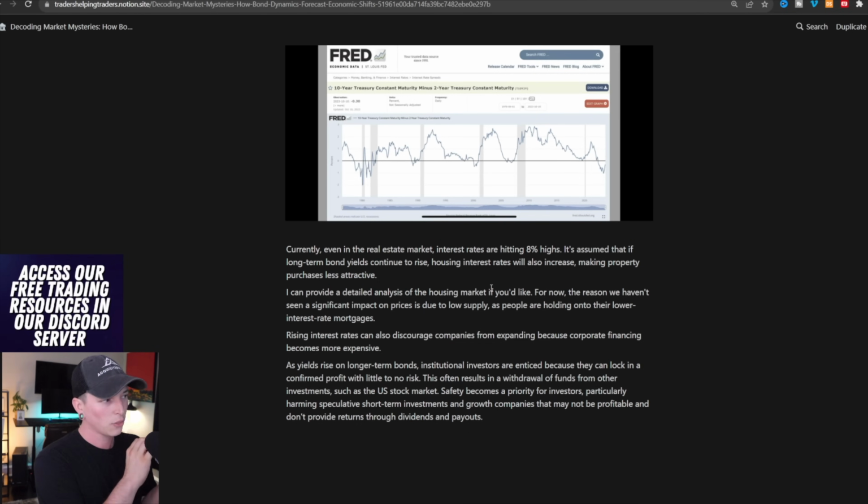But the reason that the housing market is holding on so strong right now is because even though interest rates are high, supply is still low. Because if you got in between basically 2014 to 2 years ago, your interest rate is probably 3, 4, 5, 6%. So going out and purchasing another property right now doesn't make sense. And it's not even like you're going to get a cheaper loan. So there's no reason to do it, which means that people are still trying to go get properties, but